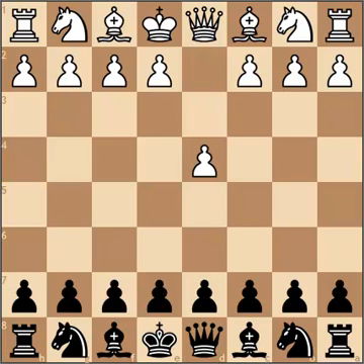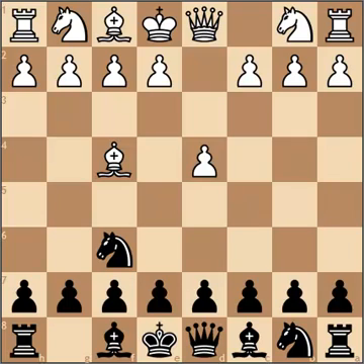So he starts off with d4, and I play knight to f6. And he goes bishop to f4. So at this point, because I still don't know my openings, I sat there for about 10 minutes trying to decide what to play. It was kind of like a waste of time, but